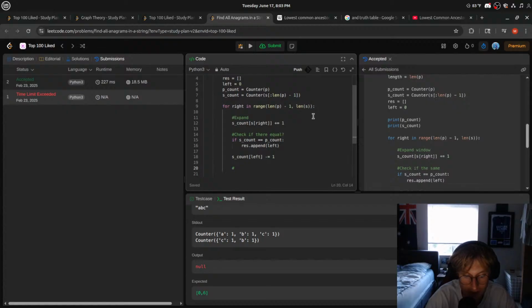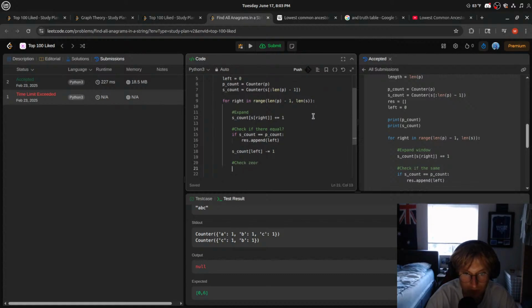And then we check if it's 0. So if S underscore count S left